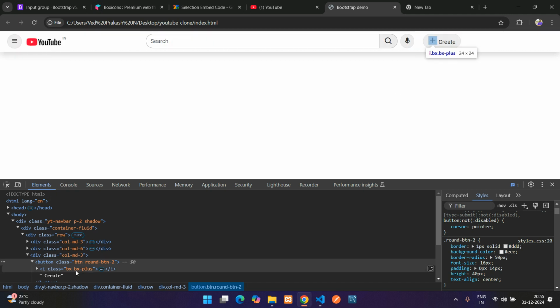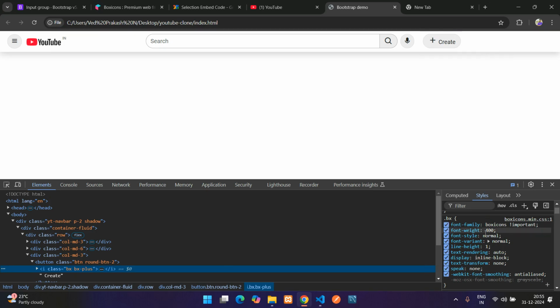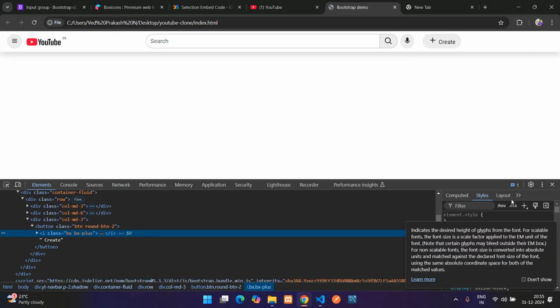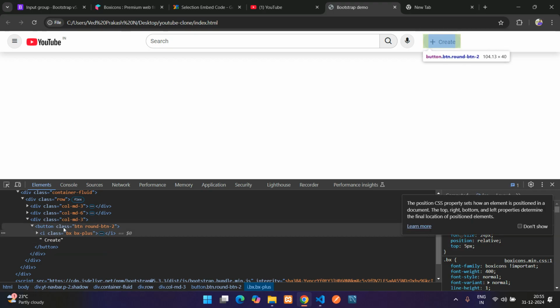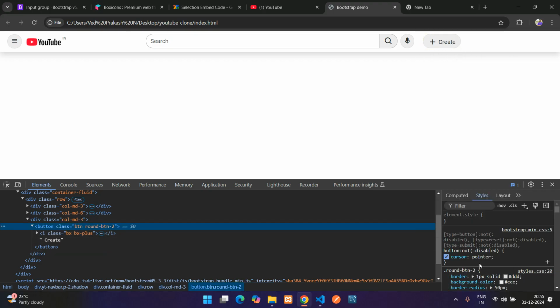So what we'll do in this case, we'll just go to the icon part. So here is my icon, add a position relative top and give 10px. So you can just move it and it's done. So if you can see that our button is fixed,